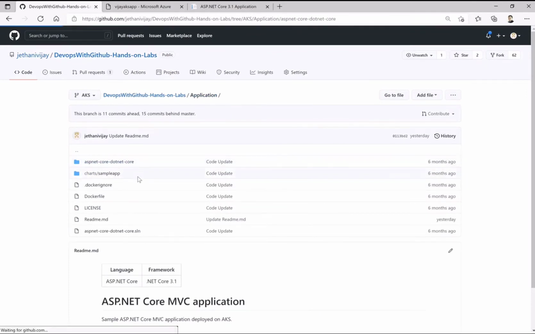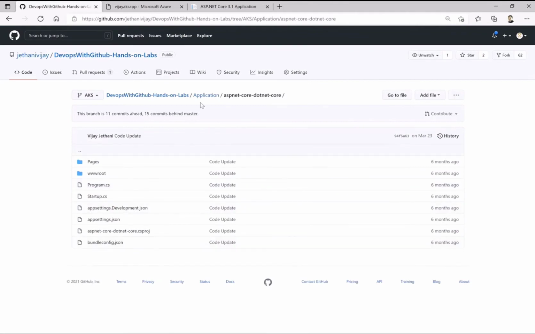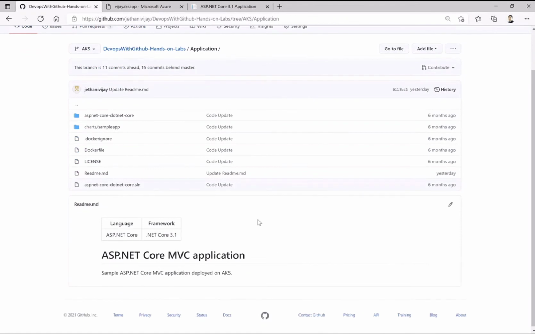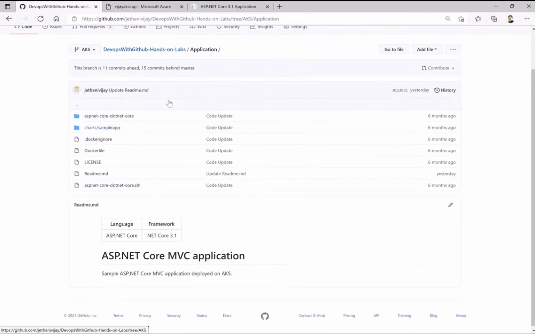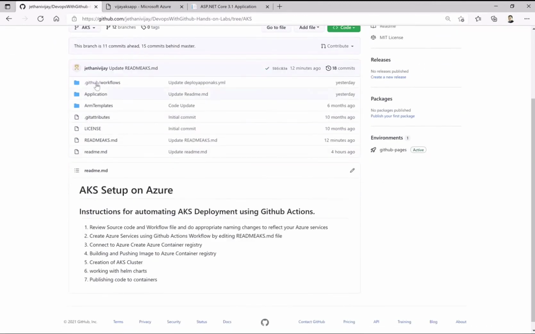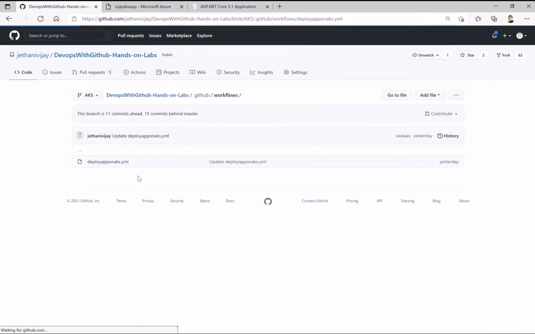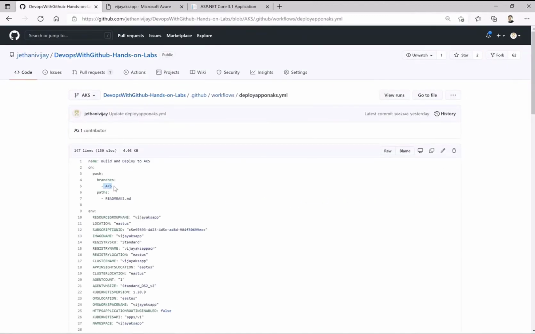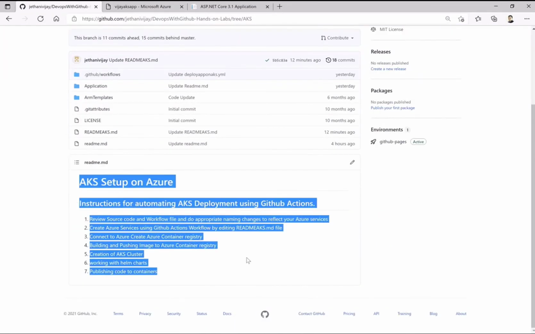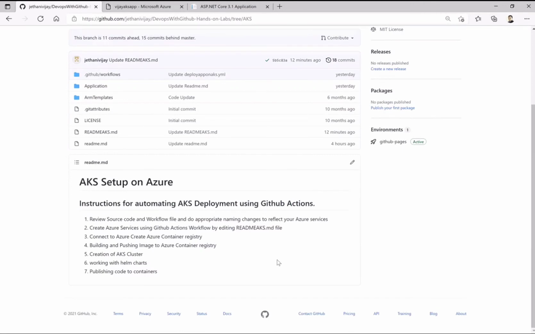You can also go through this source code and see how it looks once you have done the deployments. I think you can play around with the source code. From the coding perspective, these were the things we did, and the workflow ran on a specific branch, which is AKS here, and it needs a change to the readme aks.md file. So this is what I have for the AKS setup on Azure using GitHub Actions.